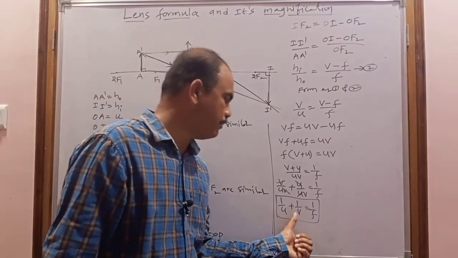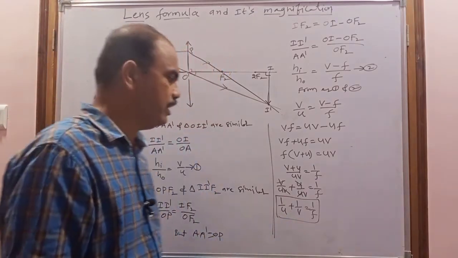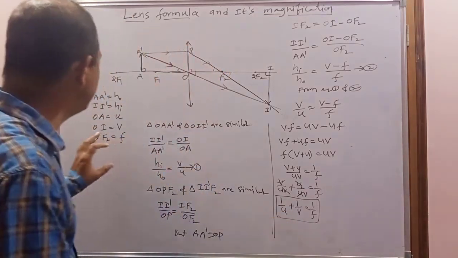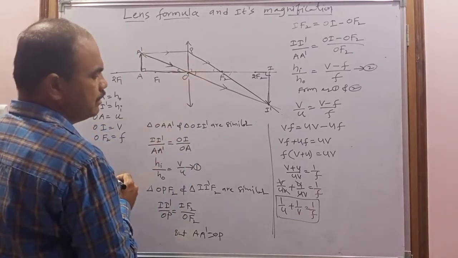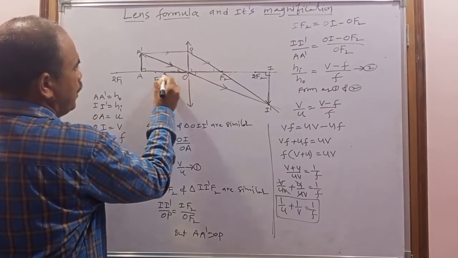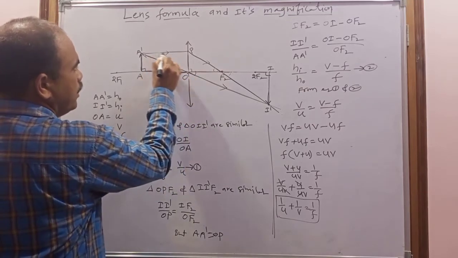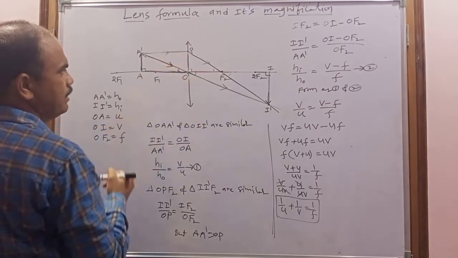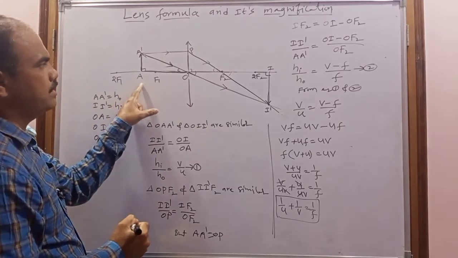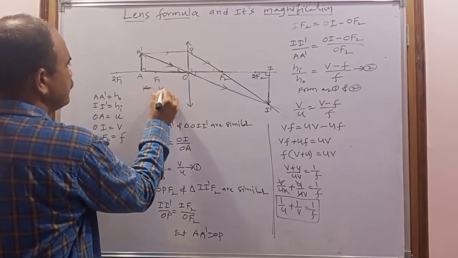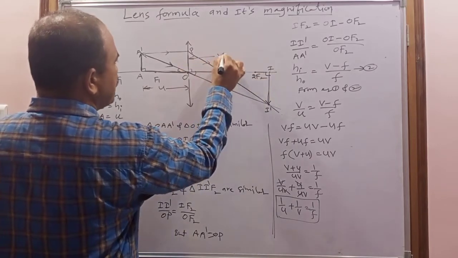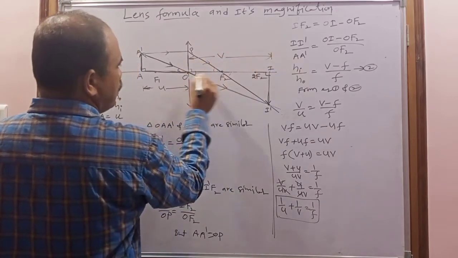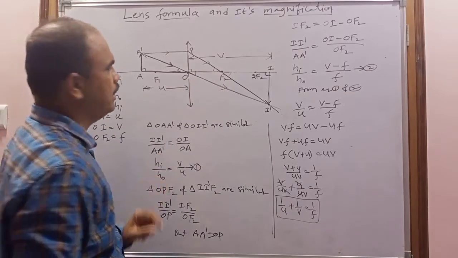But when we use this is by applying sign convention. So now apply the sign convention here. All the distances are measured from where? From the optic center. From the optic center to the object, distance is measured. You are moving opposite to the direction of incident light. So that's why here OA is nothing but the object distance, and OI, the image, is called the image distance, and OF, the focus, is called the focal length.